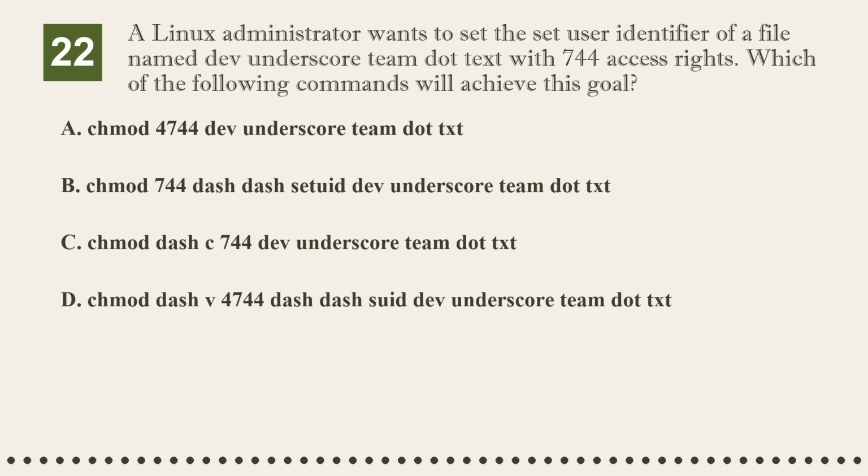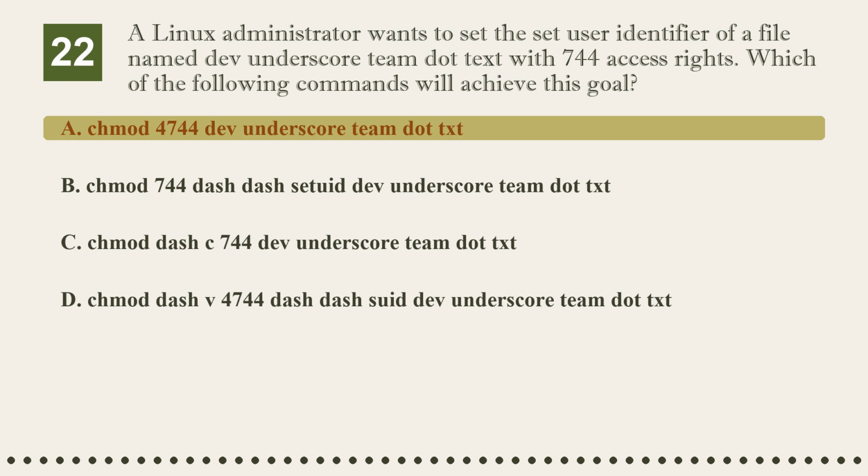Option A, chmod 4744 dev_team.txt. Option B, chmod 744-setuid dev_team.txt. Option C, chmod-c 744 dev_team.txt. Option D, chmod-v 4744-suid dev_team.txt. The correct answer is option A, chmod 4744